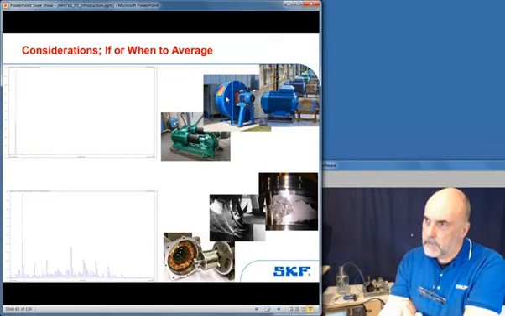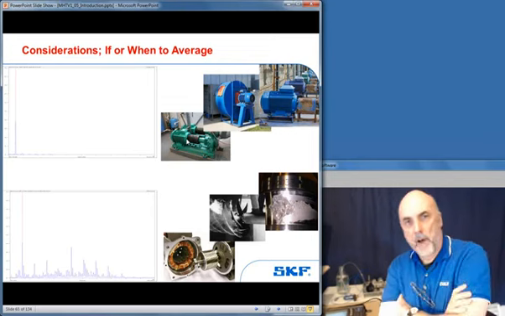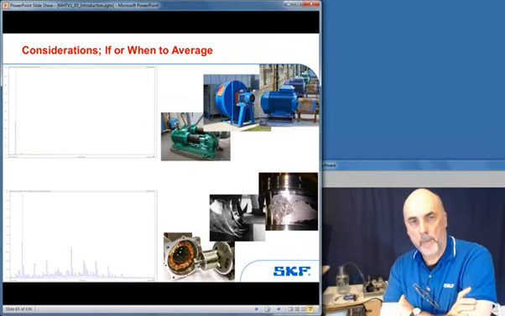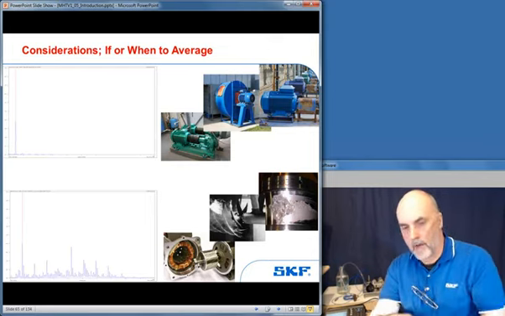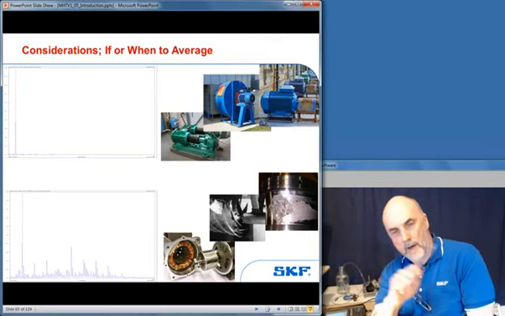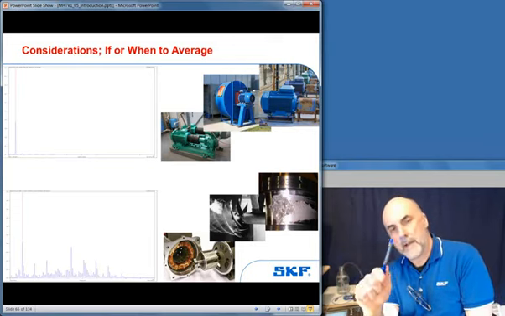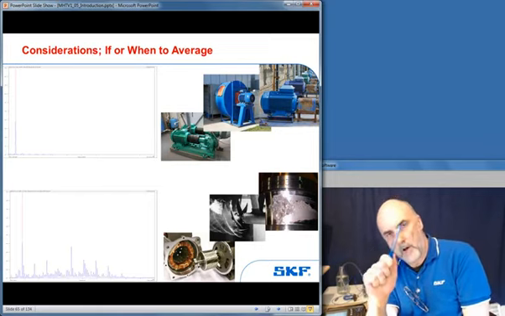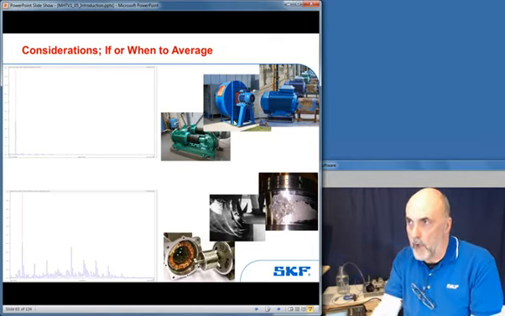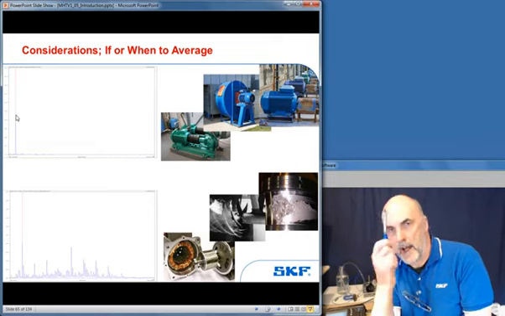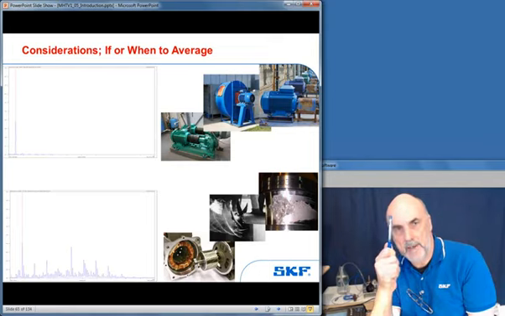Some machines are inherently stable. The levels don't move up or down an awful lot. They're steady. And I come from the good old days of moving needle displays, where your vibration meter or your sound level meter had a needle. And this inherently required a certain degree of common sense. Quite often you'd see the needle barely moving. That would be the case for simple electric motors, fans, some types of pump. You'll look at the spectrum and the line in the spectrum is rock steady. So there's very little point in averaging that signal if it's rock steady.